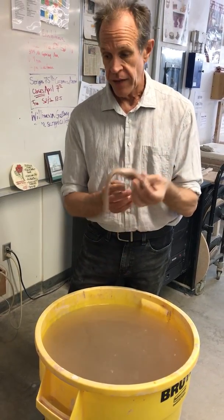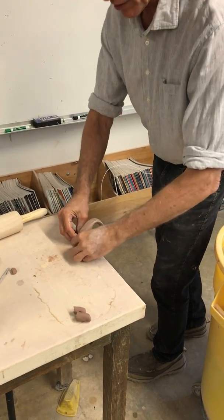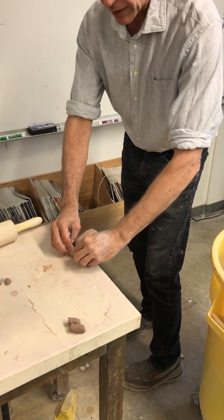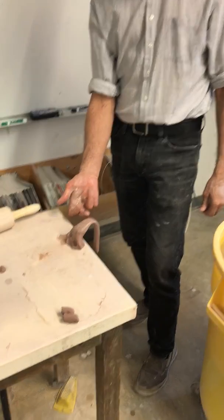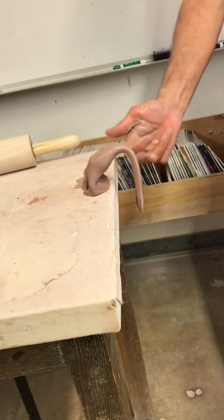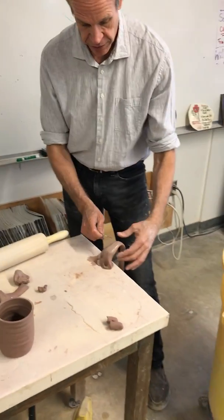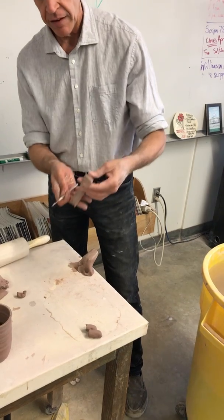Once it gets to the thinness you like, you can put it over here on the table and just let it sit up here until it's leather hard. It already has gravity in your favor, creating the loop or the gesture of curve. So it's to your advantage. Once it's ready to go, you can cut it off and then stick it on